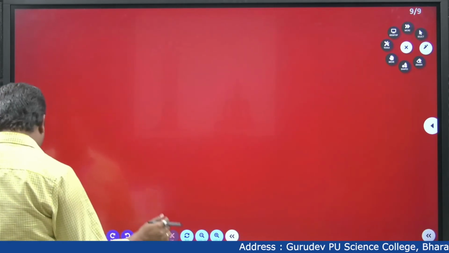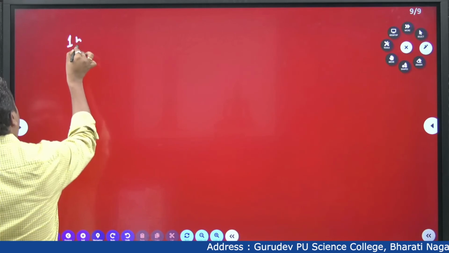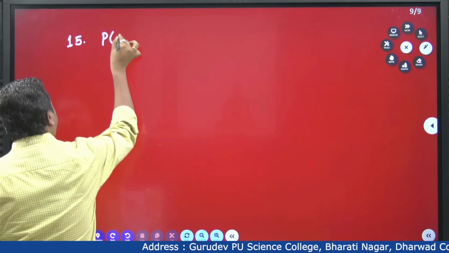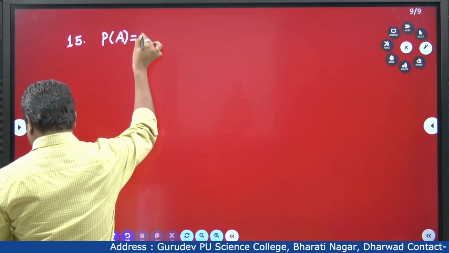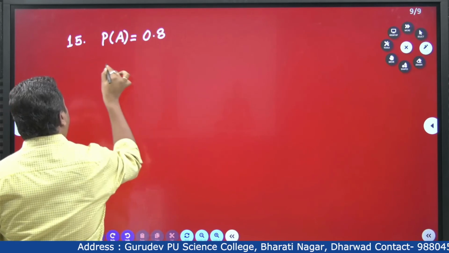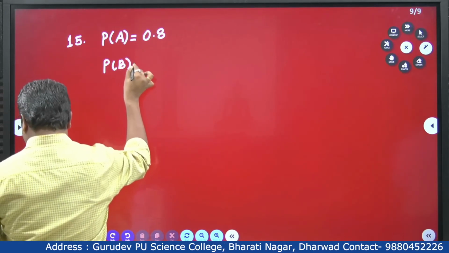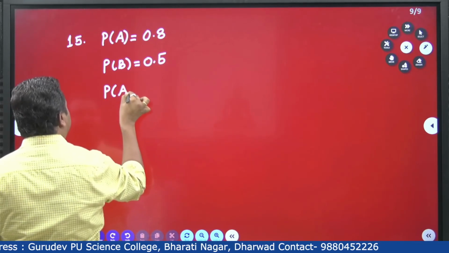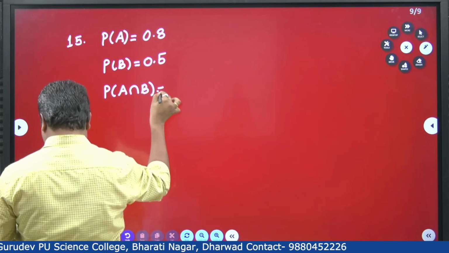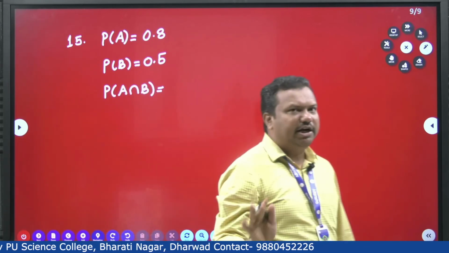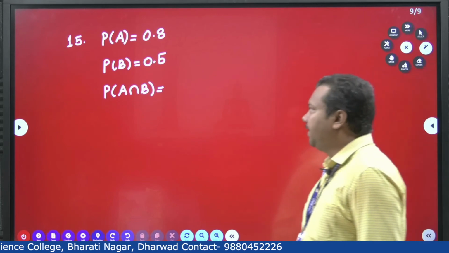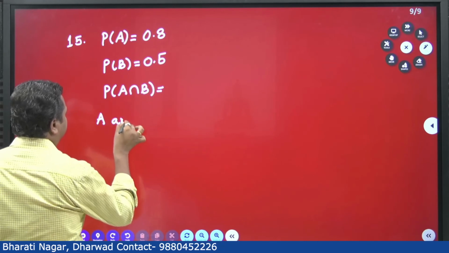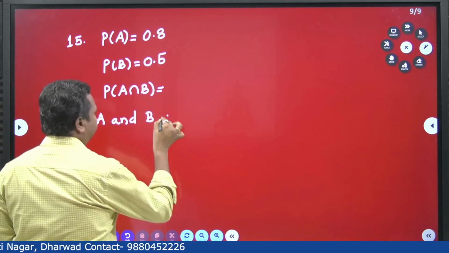Clear? The next question, 15th question on probability. If P of A is equal to 0.8, P of B is equal to 0.5, then find P of A intersection B, if A and B are independent events. I hope you remember, if A and B are independent events,